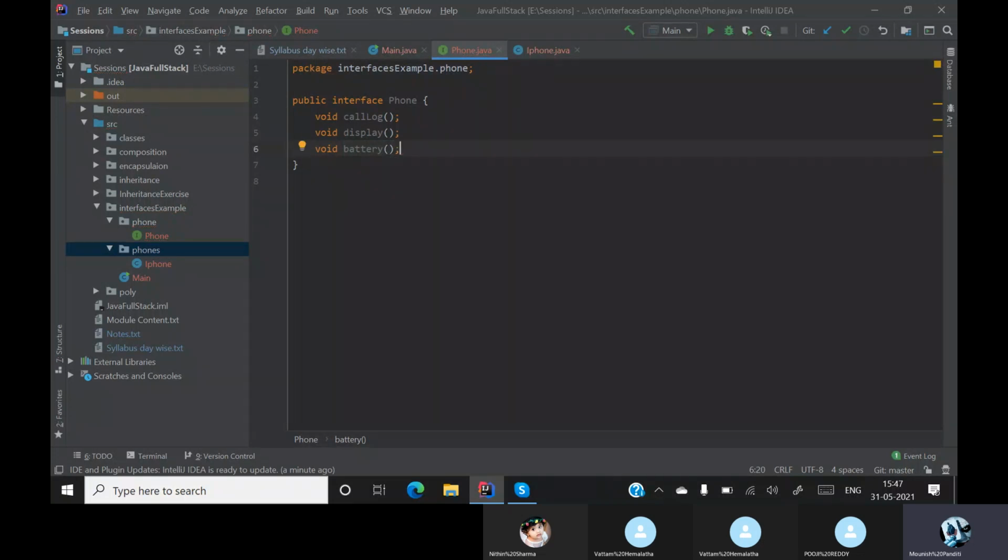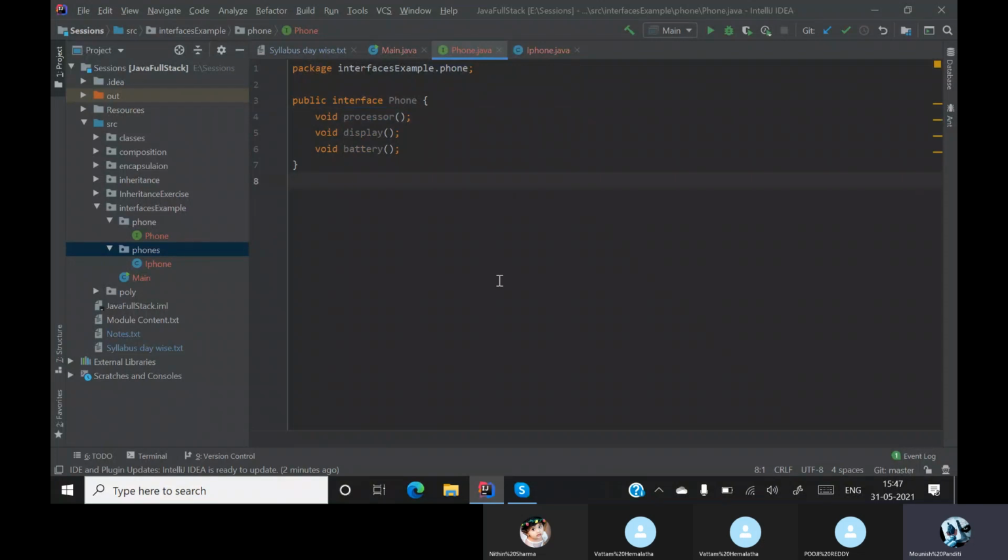So battery. Since you create an interface when you say that you must have these compulsory. Instead of call log, I'll put a processor over here. A phone without a processor is a waste. Just because you have a display and you have a battery, it doesn't mean it's a phone. A phone must have some processor also.